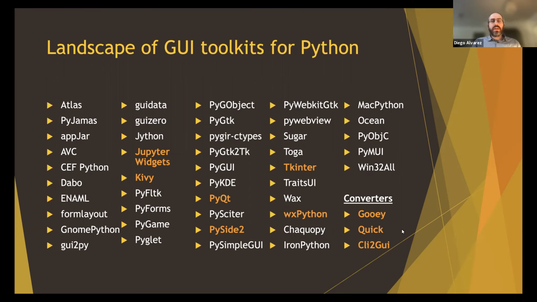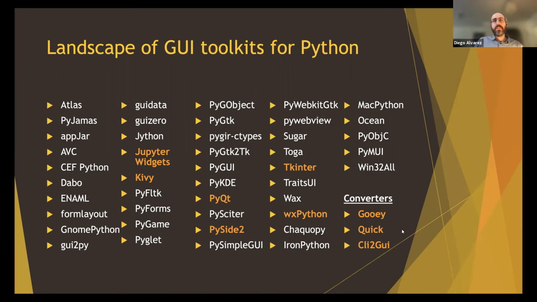Some of them are specifically designed for games, like Pygame. It's not surprising that it has that name. But yes, there are many of them. Most of them are dead by now, to be honest. They are discontinued for one reason or another,